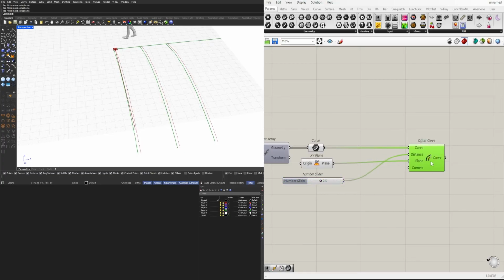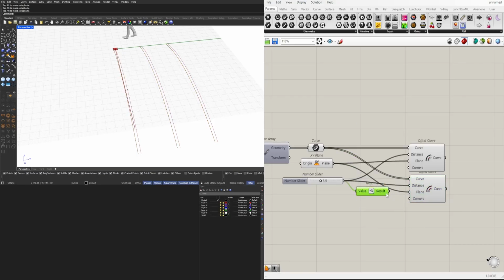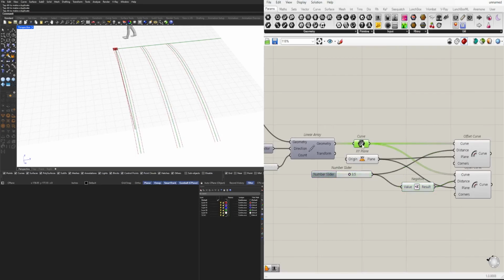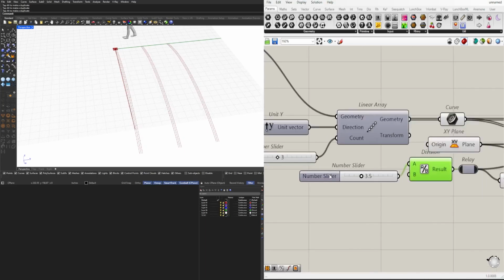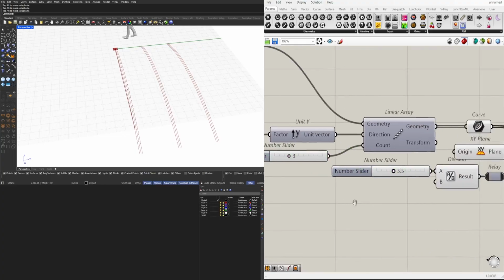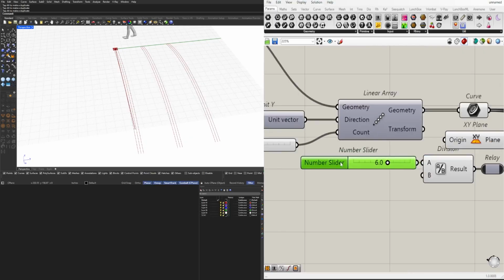in the positive. And then I'll copy this again, tapping Alt, and creating a negative offset. Basically taking this and using that as the center line, which means that 3.5 has to be divided by 2. Otherwise, it's going to be 2 times 3.5. So when we divide it by 2, we can account for that. Now we can use this slider as the width of it. So 4, 6,